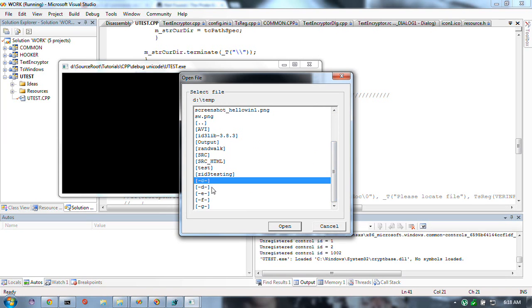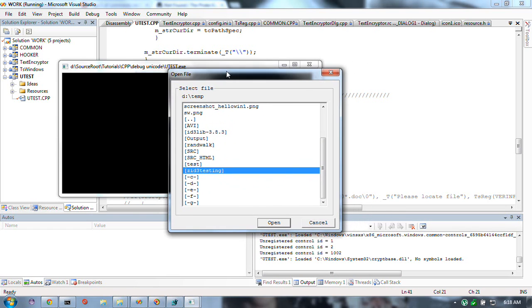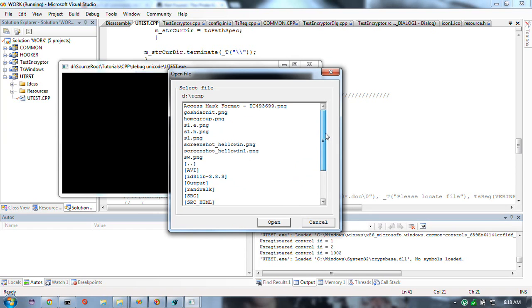You can even change drives. Now, to me, that's a perfect open file dialog. I can use star.star if I want, but I don't want. I only want a particular type of file. So I want to override their dialog, this dialog,